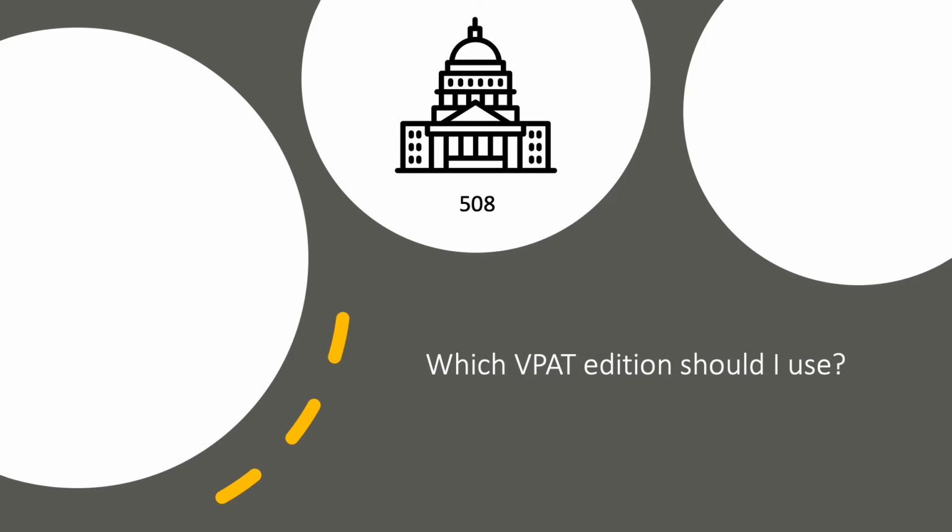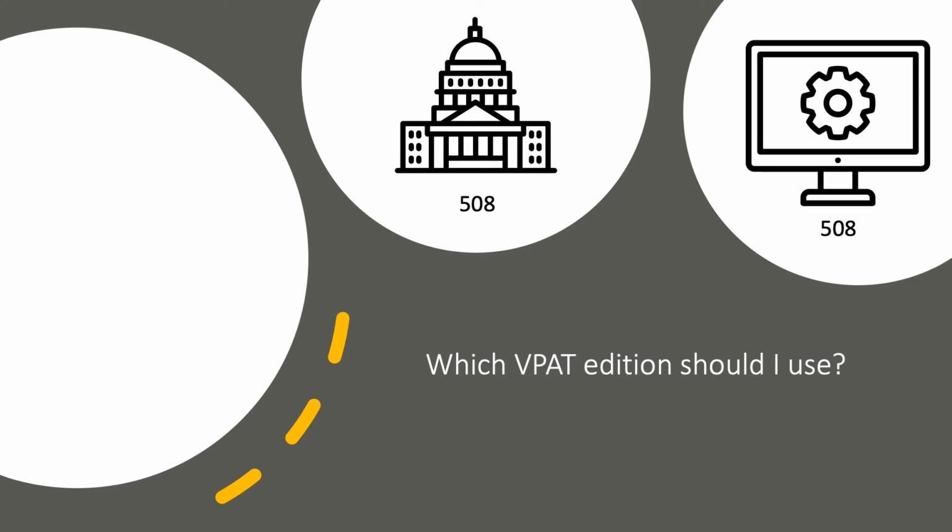It is interesting to note that the 508 edition is directly tied to the Section 508 Amendment of the Rehabilitation Act of 1973. This piece of legislation currently mandates the use of WCAG 2.0 Level AA and identified chapters. Does your product include hardware or non-web software? If so, then the Section 508 template is for you. Only the 508 edition has specific chapters for hardware, software, and support documentation and services.